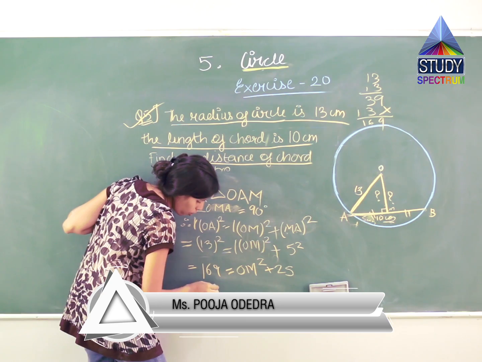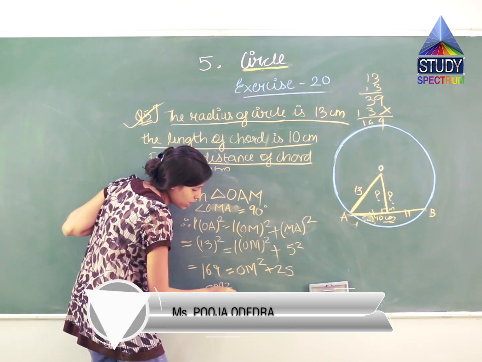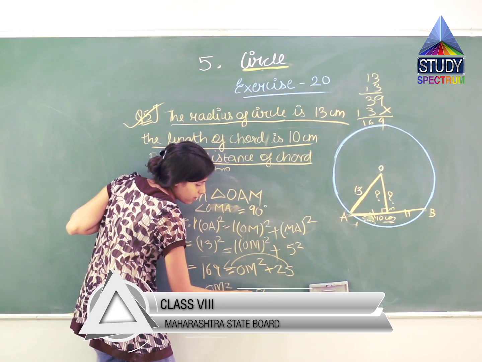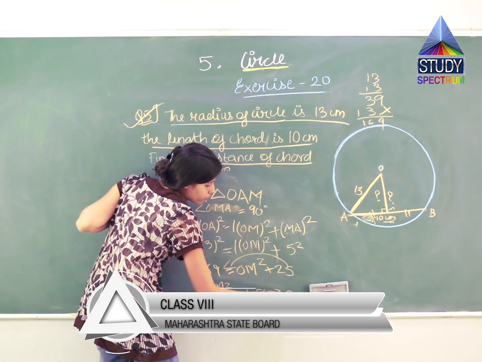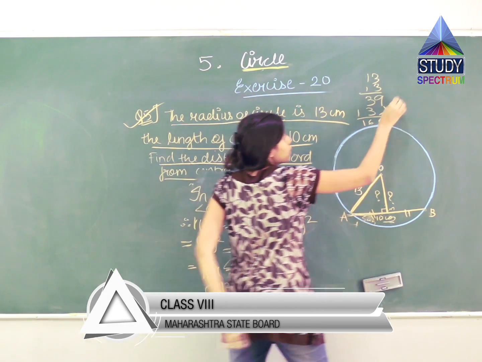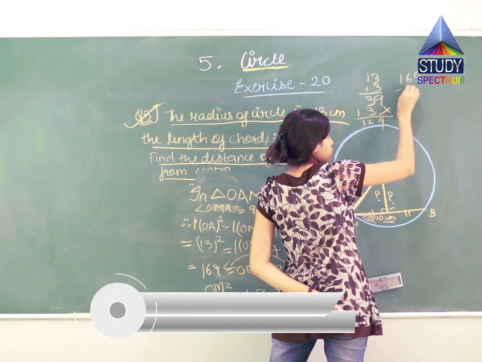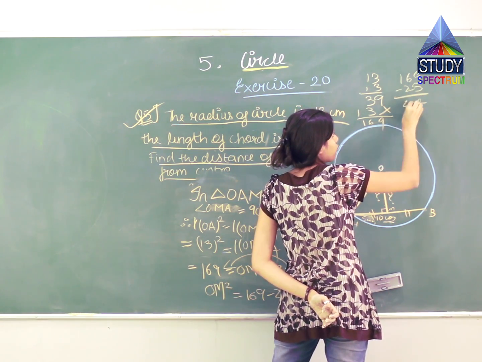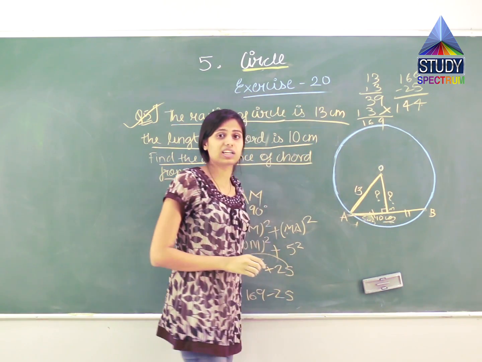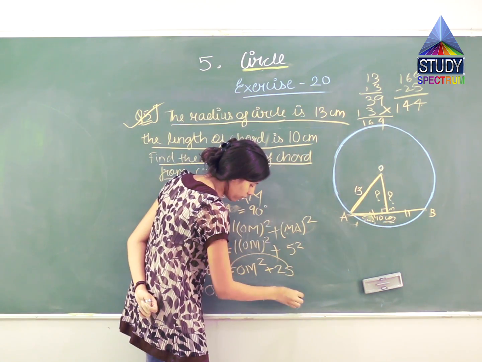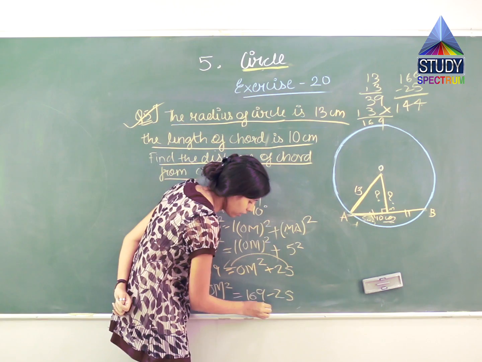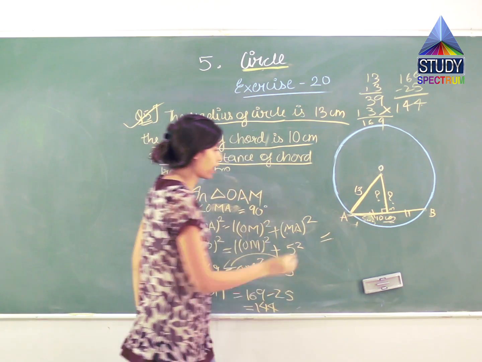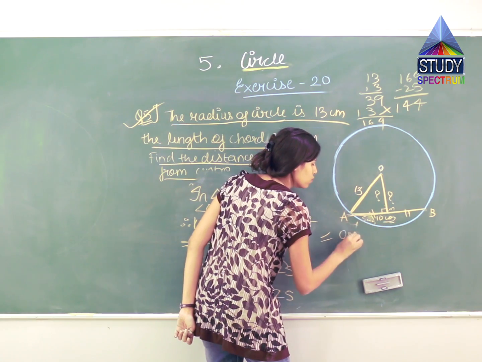Now tell me what will be OM square. OM square को अलग लिख दिया, इसको यहाँ शिफ्ट कर दिया, so it will be 169 minus 25, which comes to what? 169 minus 25. 4 4 1 144. So I have 144 over here. But this 144 is what? This 144 is OM square. So OM square is equal to